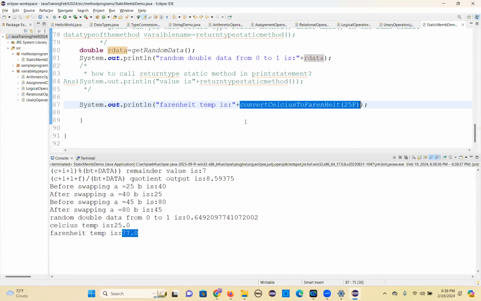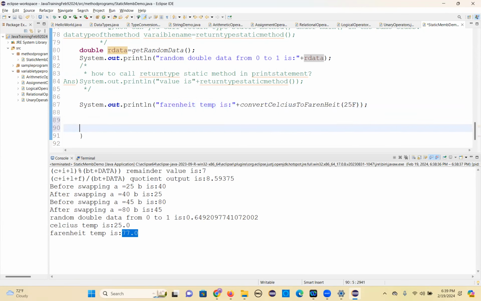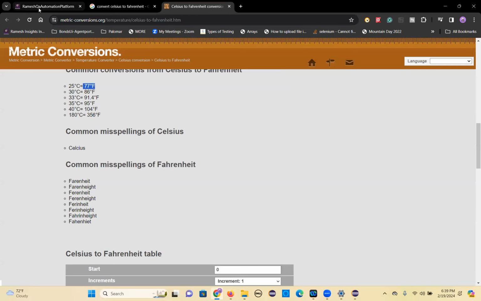Can I call a void method in the print statement? You should not call a void method in the print statement because it doesn't return a value, right? Only return type methods you can call in the print statement. Please remember those points. The last one I want to cover here is